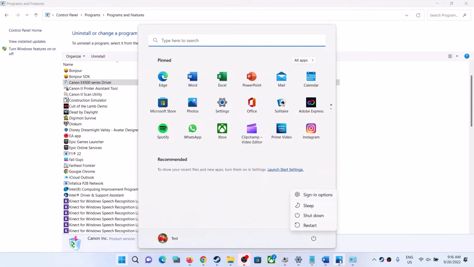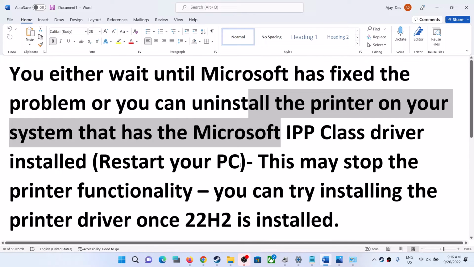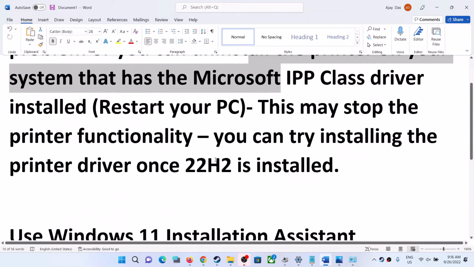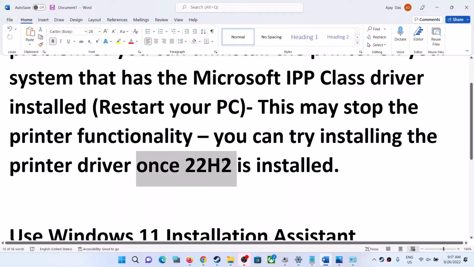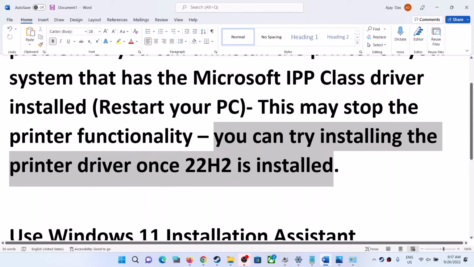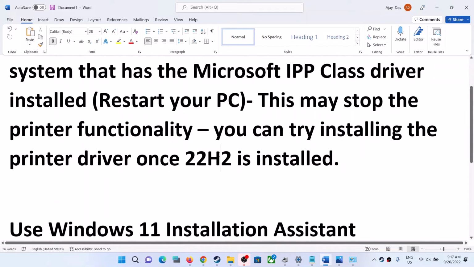After the system restarts, try to update your Windows 11. Or you can do one thing: once you have installed the 22H2 Windows update, then you can try to install your printer once again. And still, if you are unable to install the Windows 11 update,